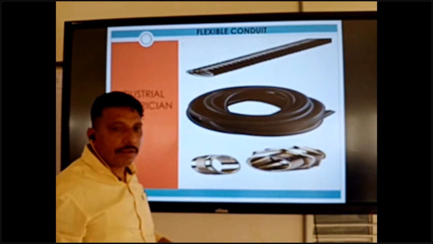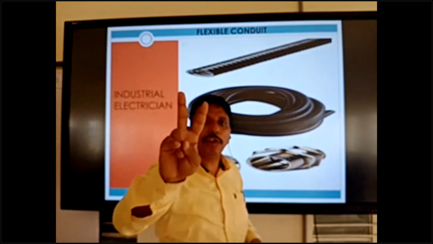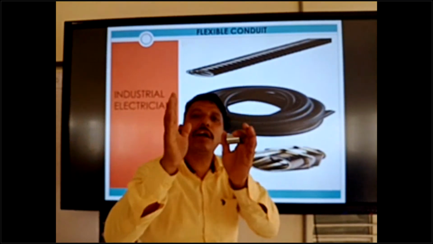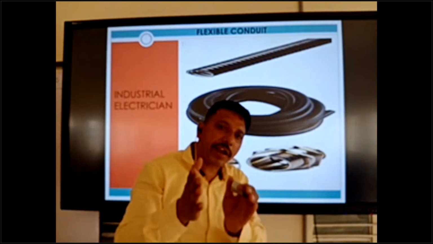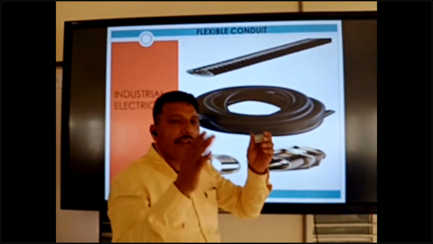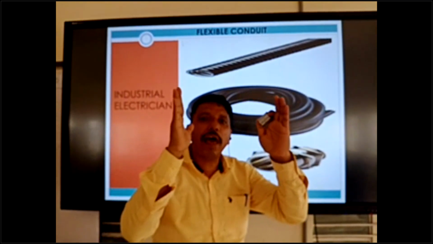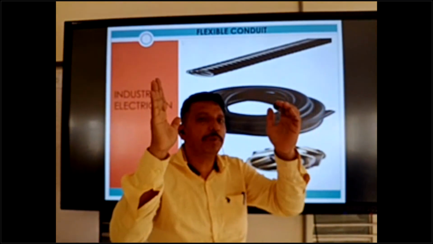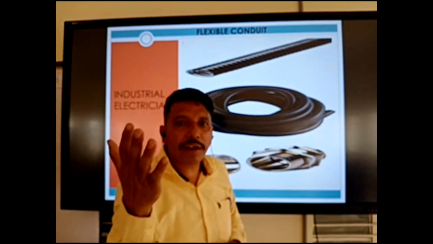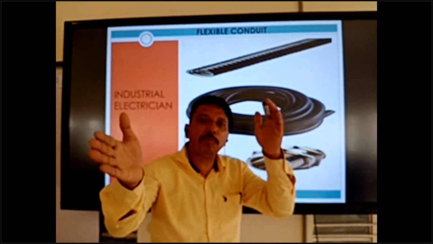So flexible metallic conduit we can use for two purposes. Some difficult areas where it is not possible to work in GI conduit or EMT conduit, that time we can use a small length like 1 meter, 1.5 meter, no more. This is allowed. And the next one is near a vibration motor.